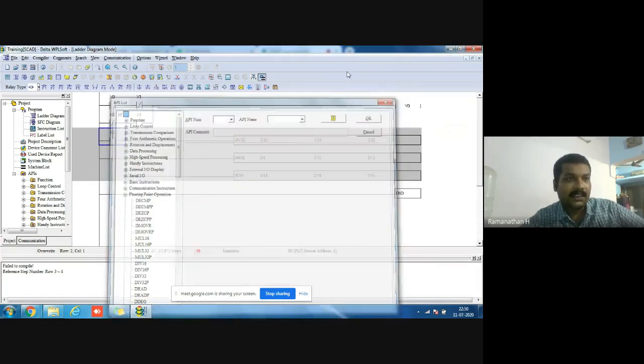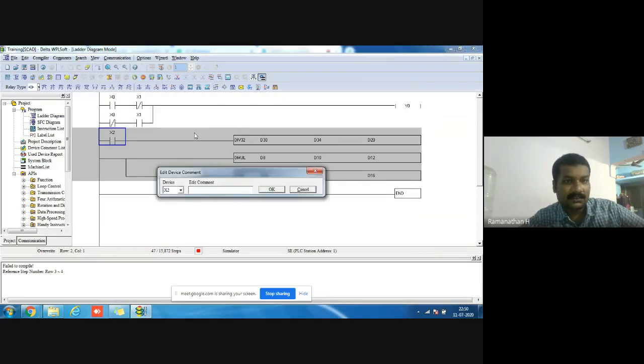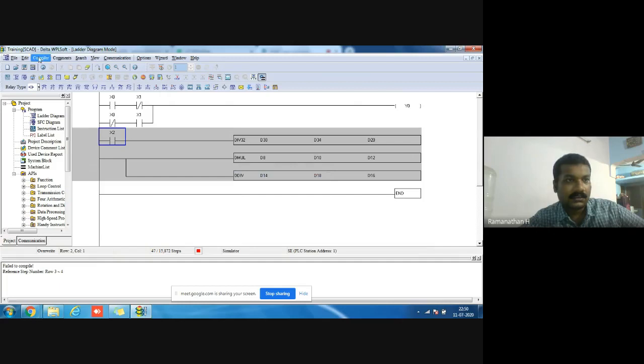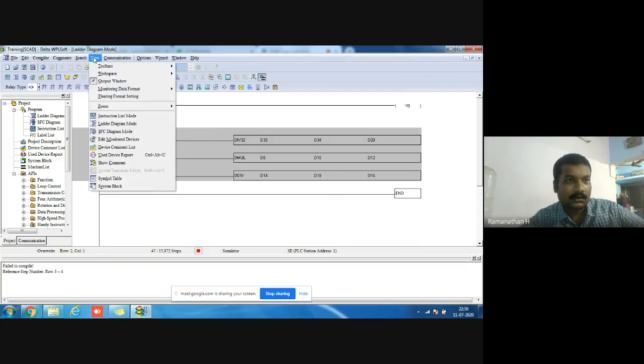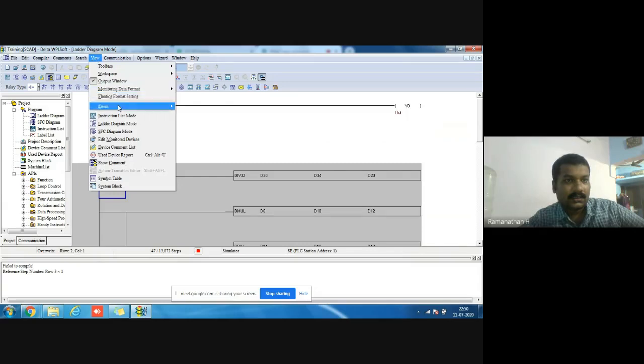But here the value, you see in this device commands also. Here also you see, commands means the description will come here. Then monitor data format means signed decimal only.